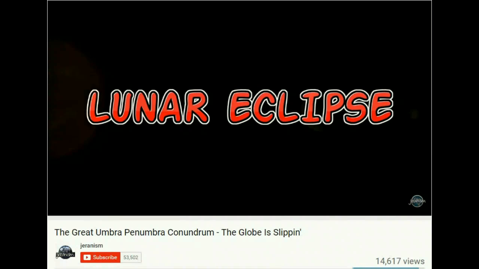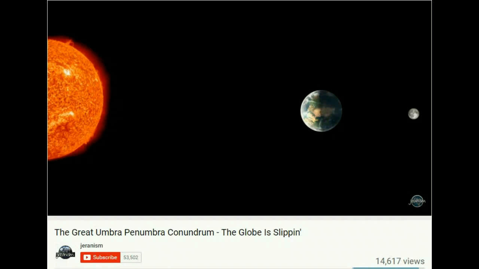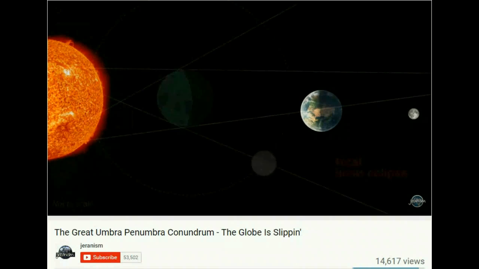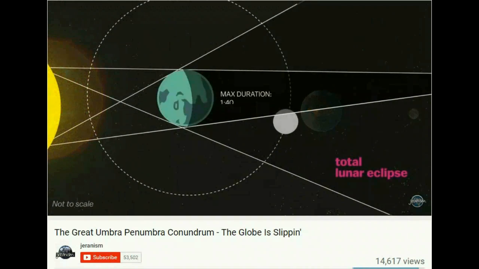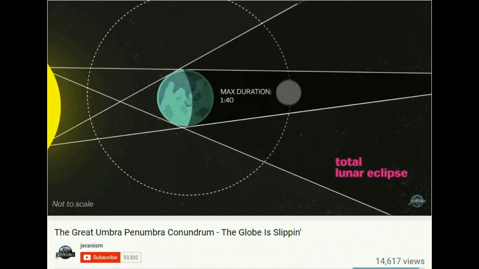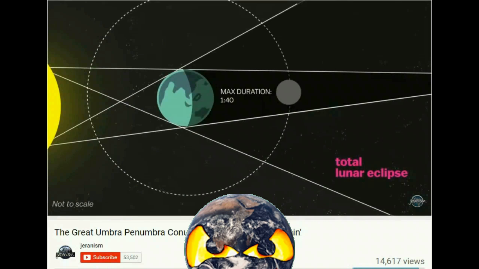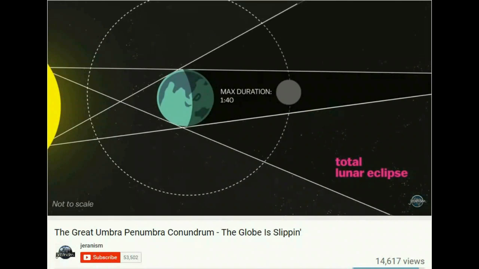All right, up next we have the lunar eclipse. So looking at another picture, same thing. This time now, the Earth has gotten away, according to mainstream science, with blocking light to the sun. But again, when we draw the lines that we see, we'll notice that they have again created quite a big conundrum for themselves. Oh, you mean like the previous conundrum that you failed at? So again, all you have to do is just look at the screen here and see what they've done from the rays that are coming off the sun.